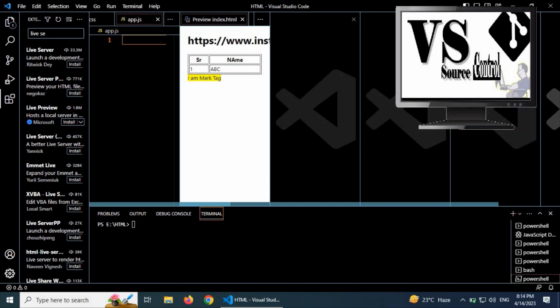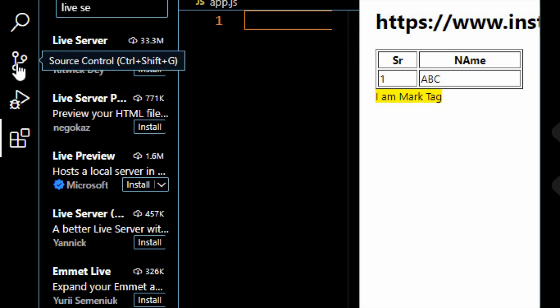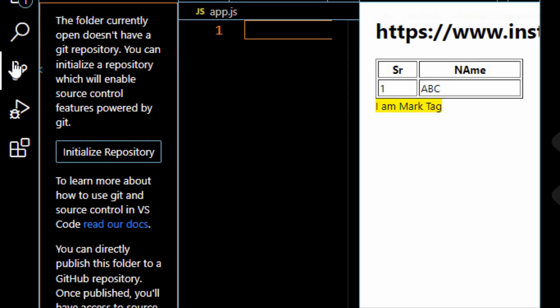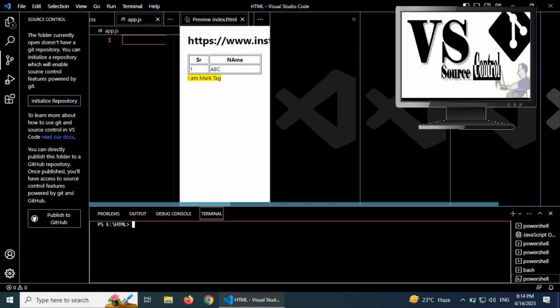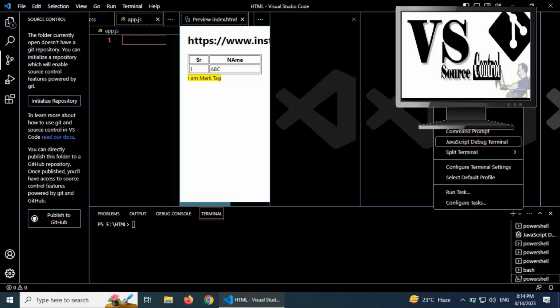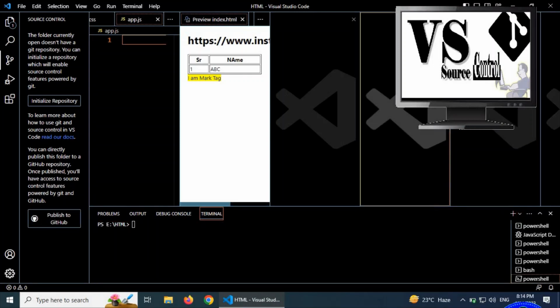The last topic is VS Code source control. We can access source control by clicking on this button called source control, shortcut Shift plus G. This option will also be available. Click on initialize repository. We can also create a new repository here, or we can quickly navigate to the small button by clicking this small button